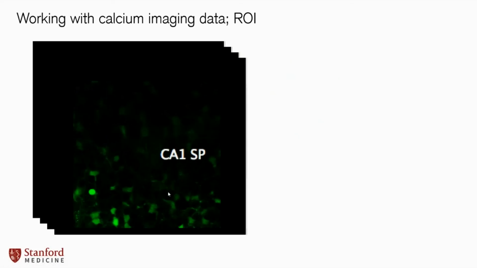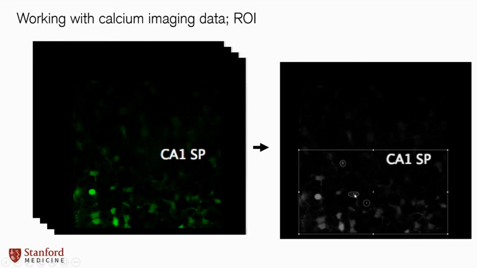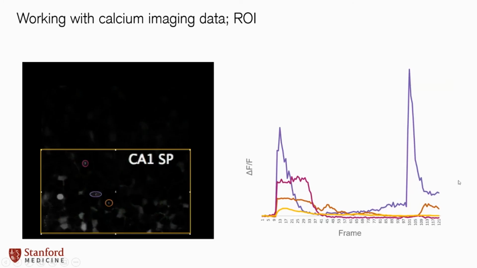Just to give you guys an idea of how to work with it, you'll basically look at a stack of individual images, and then within those images, you can draw these little regions of interest. To show you guys how easy it is, I actually downloaded Jamie's video from his paper and loaded it up into ImageJ. It's free image analysis software. And I drew my own little ROIs and quantified that fluorescence change over time. And here you can see on the right, you can almost tell exactly when the ultrasound went on. So it went on right here. You can see that the cells all rapidly respond, and the cells are circled over here. So it's really that easy if you have a picture of the brain.